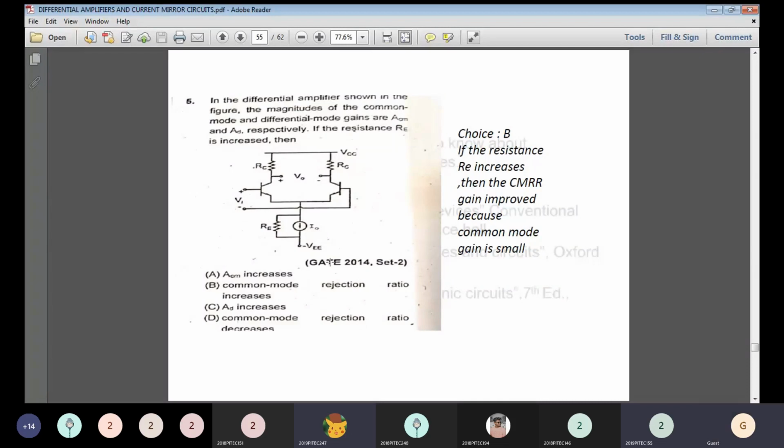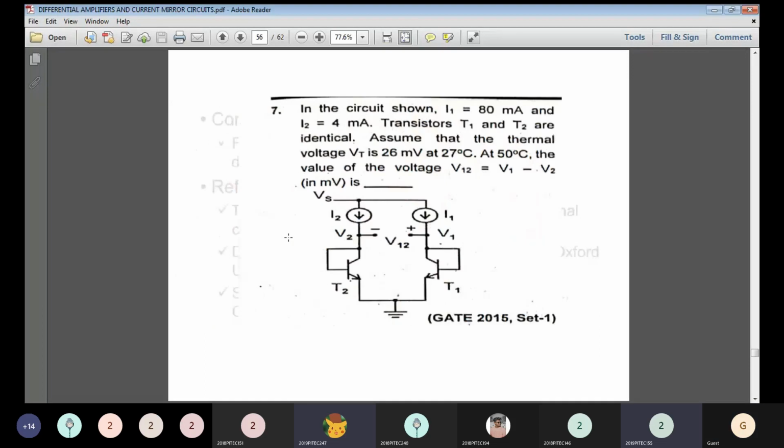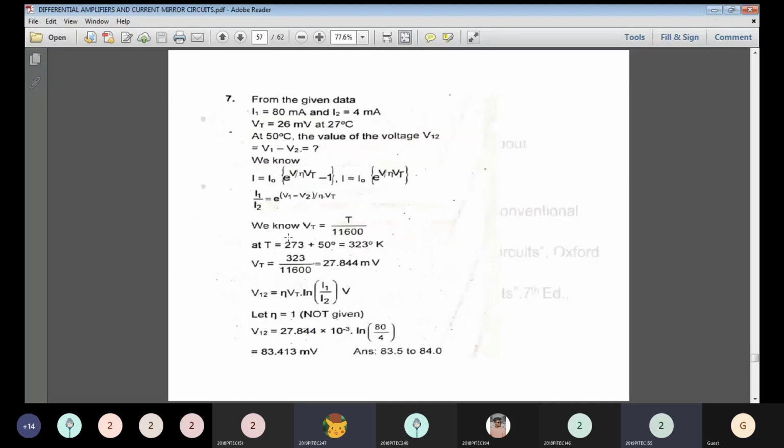See, imagine this condition. If the resistance RE increases, what happens? The CMRR improves, right? CMRR value will definitely improve when we increase the value of RE. So the option is that the common mode rejection ratio will increase when we increase the value of RE. Okay. See the next